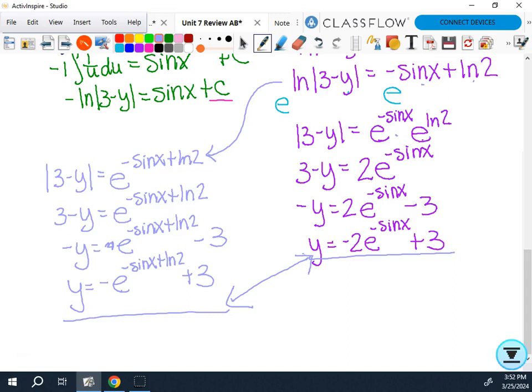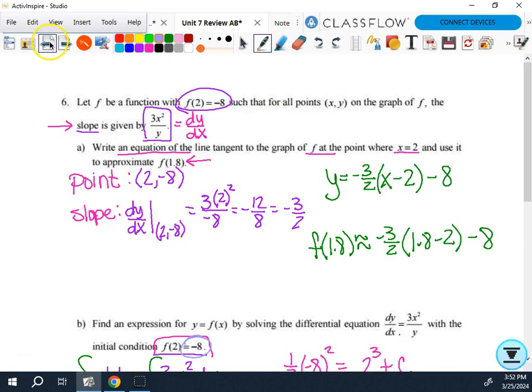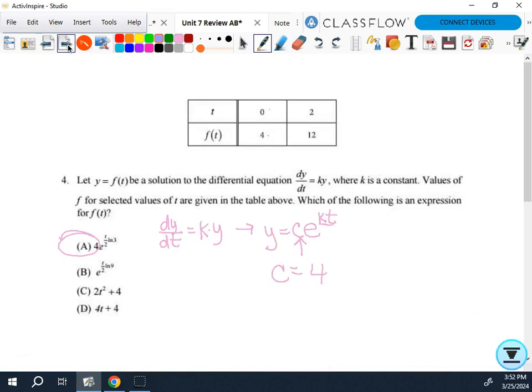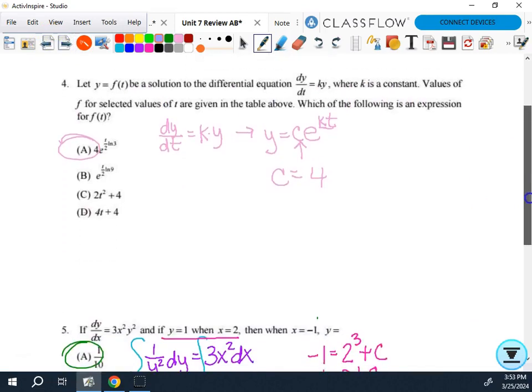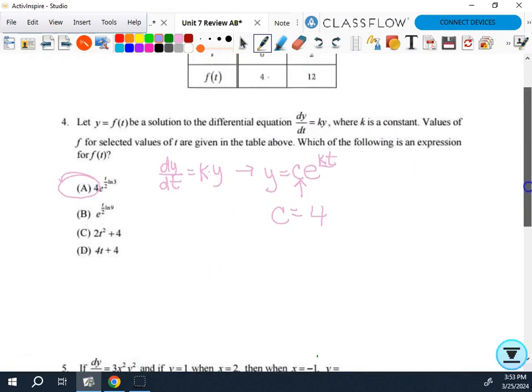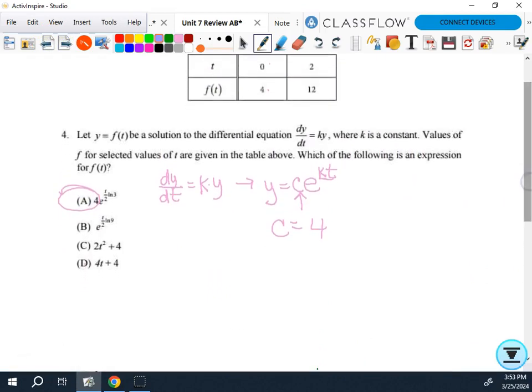Now, I want to go back because after I did this one, I started thinking, okay, so we talked about our initial value. This was multiple choice, so the answer has to be A. But what if it's not multiple choice, and then we need to know how to actually find these values? So if we know that we can at least get here, and I have these two ordered pairs,